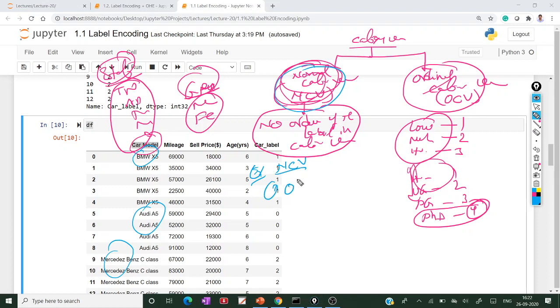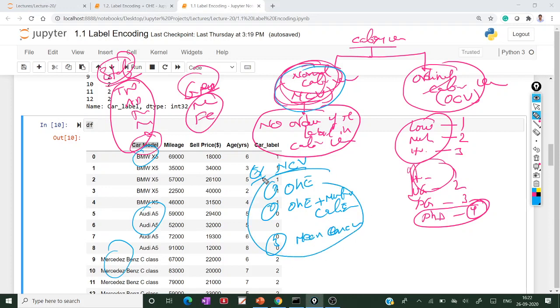One hot encoding, one hot encoding with multiple categorical variables, and the third one is mean encoding. So these are the techniques that belong to nominal categorical.